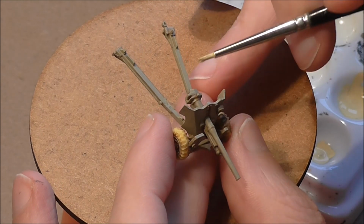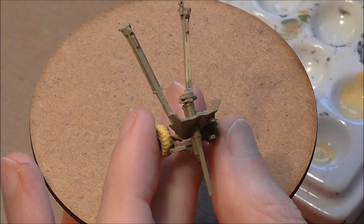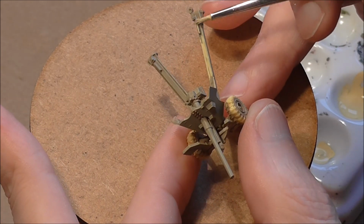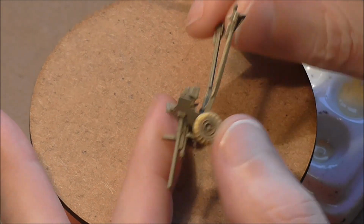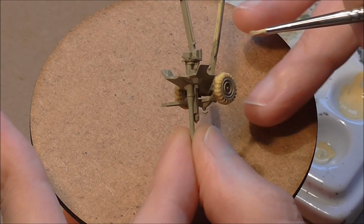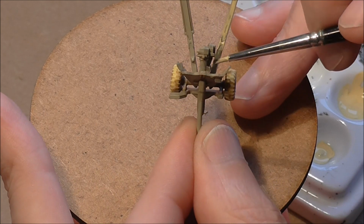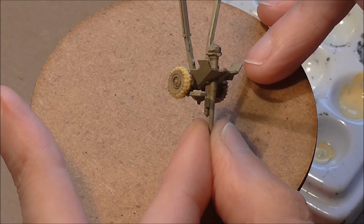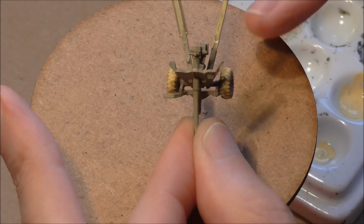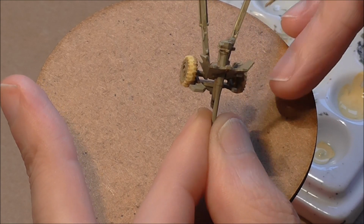So let's see when we're going to start. I'll start with the trails. Catching the edges, a little bit in the main body of the trail, but nothing too strong. Keeping more to the top of the sides and leaving the underside in shade. Because it's going on really wet, it's got a semi-opaque finish,